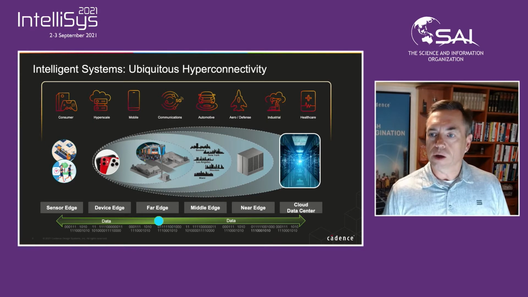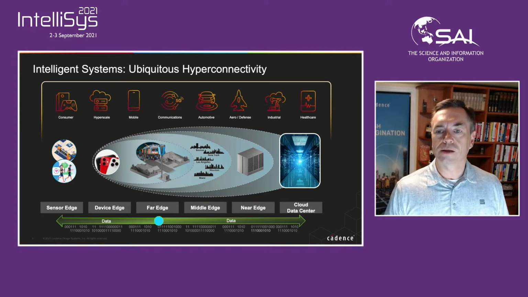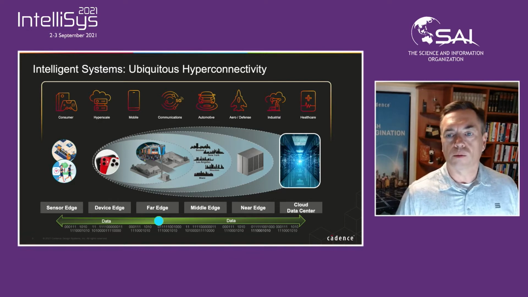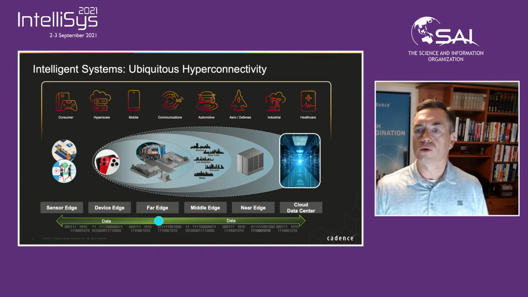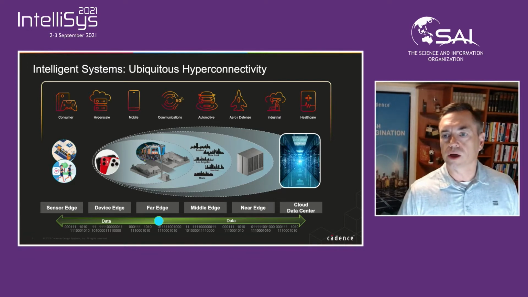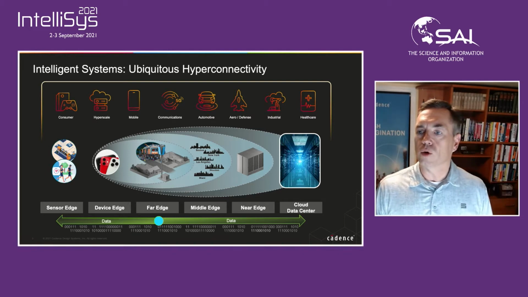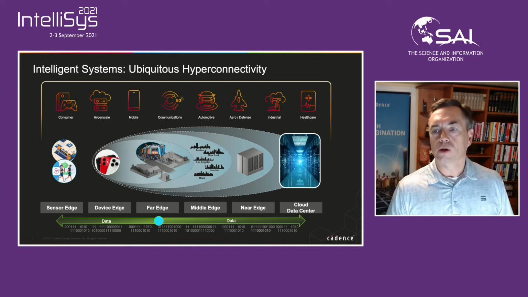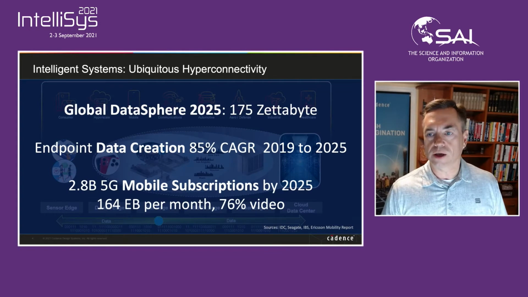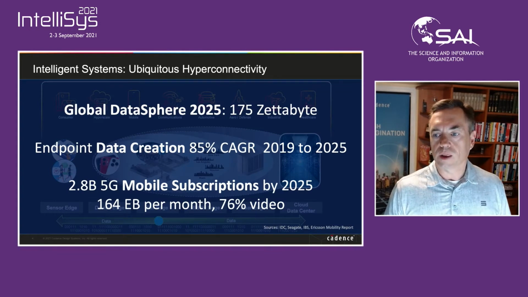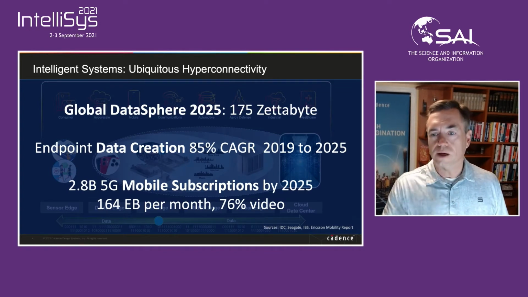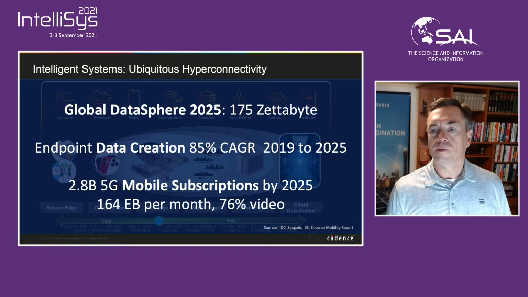So the application domains Cadence is targeting as end industries span these eight, from hyperscale computing itself through consumer, mobile, networking, aerospace, defense, automotive, industrial, and health. Those are just some of the applications in which hyperconnectivity and hyperscale computing plays. And it's just a very exciting environment and a driver for electronics overall.